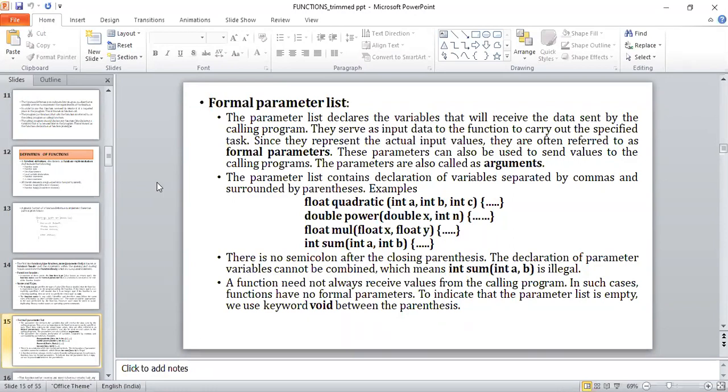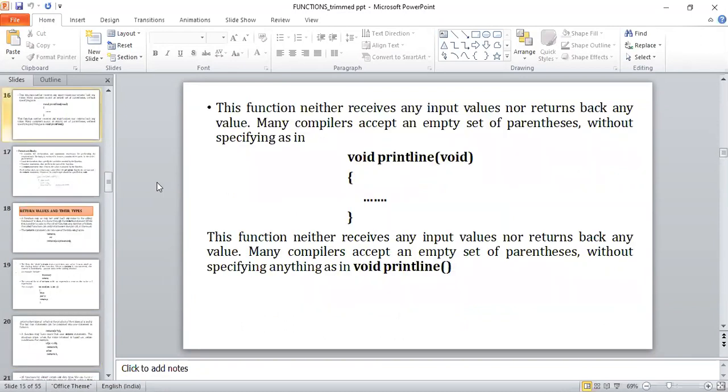Suppose you have not given any parameter list in your function header, no problem, the function will execute normally. The keyword void can be used in such places between the parentheses. For example, suppose we have declared a function called println. Here we have not specified even the data type for that function.